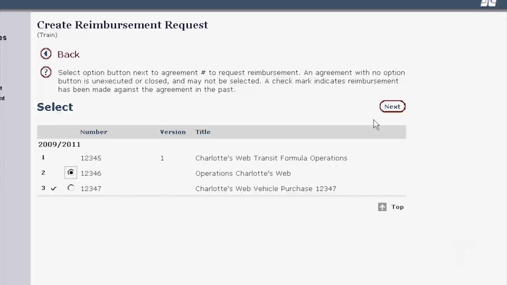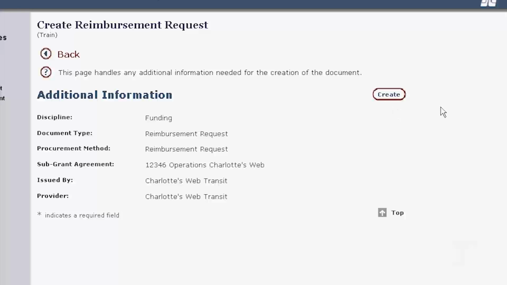Anyway, so then we go to next. And this is just a screen telling you your discipline, I don't know what this is. I think this is a holdover from ORPN and the procurement method. Some things we probably still need to clean up, but it's just telling you what the sub-grant agreement is and that it's for Charlotte's Web Transit. So you click Create,